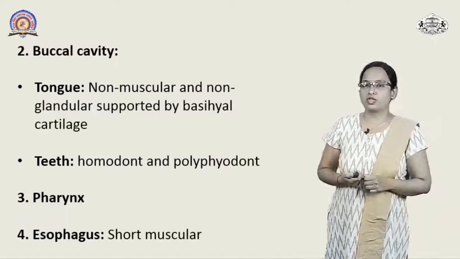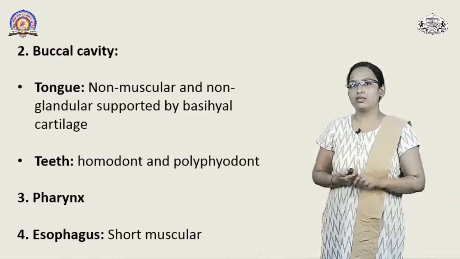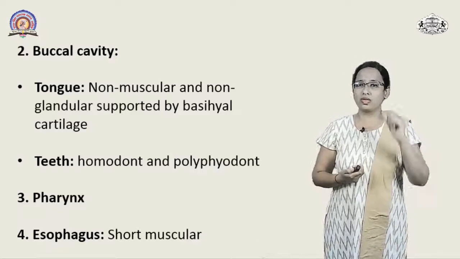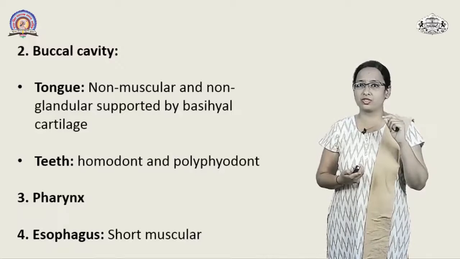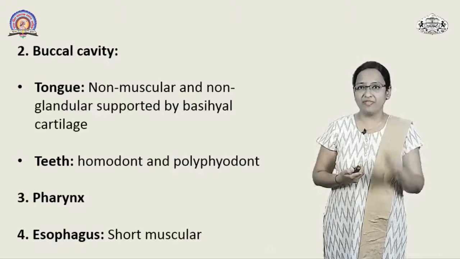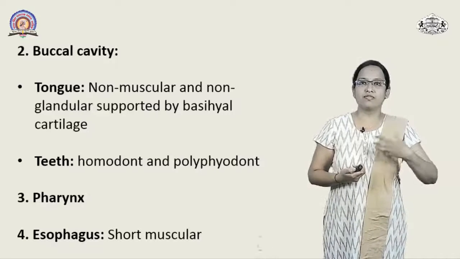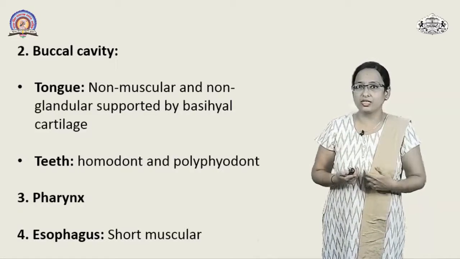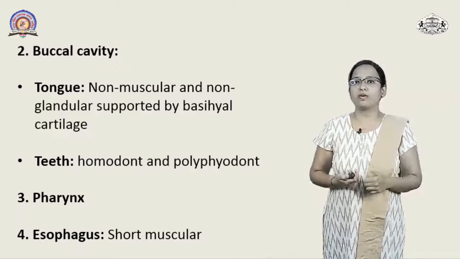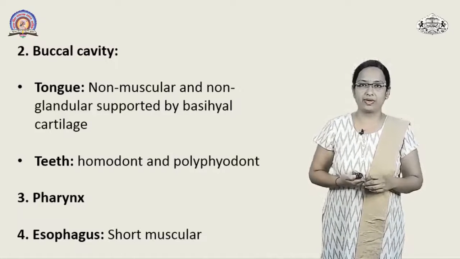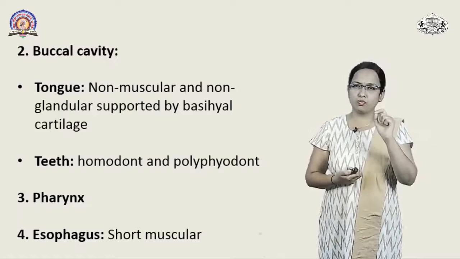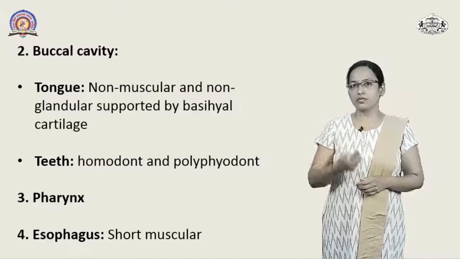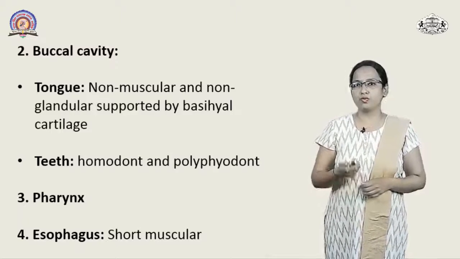One more important structure that will be present inside this particular region is going to be the gill rakers. Okay, now what are these gill rakers? These are nothing but the structures which are going to prevent the entry of very small food particles or very small organisms which are ingested into the gill portion. So this will be avoided by means of the gill rakers. There is also a pair of small spiracles present over here, but the function of it is not known. Let's move on to the next part.